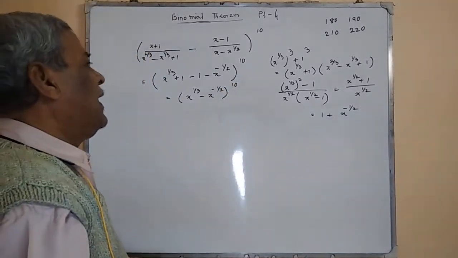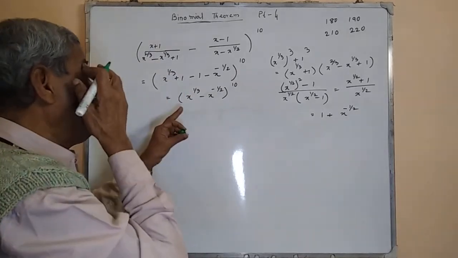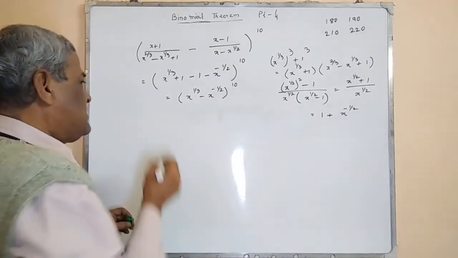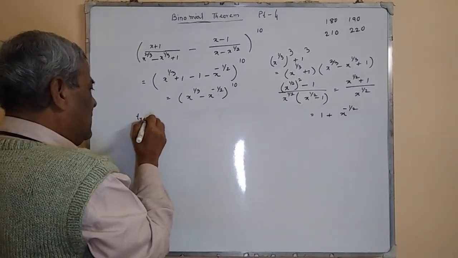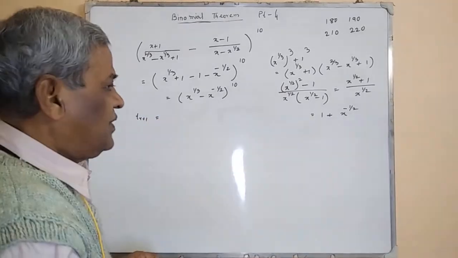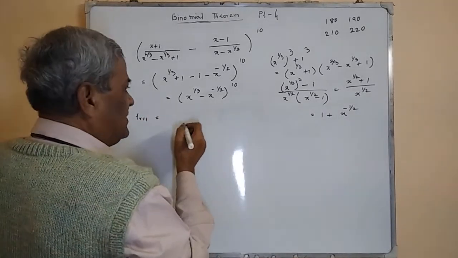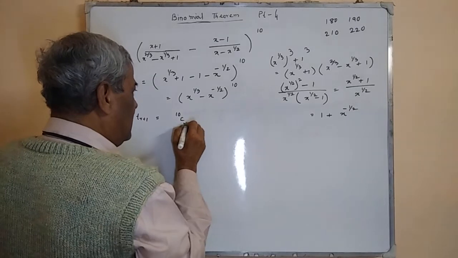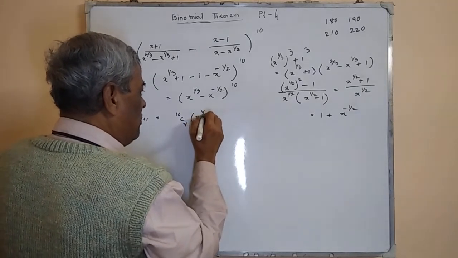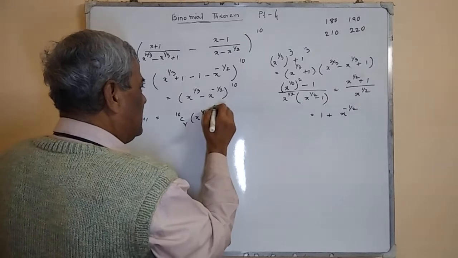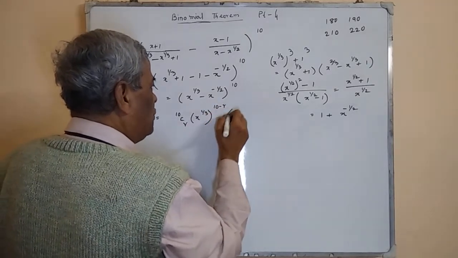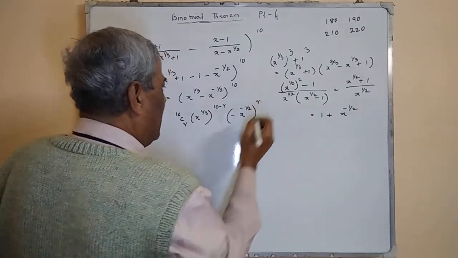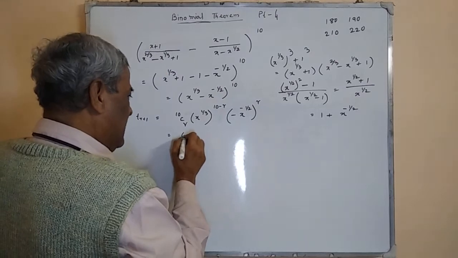So now the problem becomes very simple. It is of the type a minus x to the power n. Suppose that its r plus 1th term is independent of x. The r plus 1th term is nCr x to the power 1 by 3, whole to the power (n minus r), into minus x to the power minus half, whole to the power r, is equal to minus 1 to the power r into 10Cr